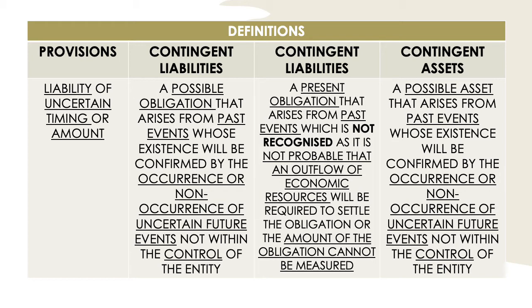Now you will see on the slide that I have underlined certain parts of the definition. If you are asked to discuss and classify something in terms of IAS 37, the underlined bits are the points that you need to apply. You need to find information in the scenario to apply to the fact that this is a possible obligation, that there was a past event, that there is an uncertain event which could or could not occur in the future, and that this event is not within the control of the entity, for example. So the underlined bits are the points that you need to apply.